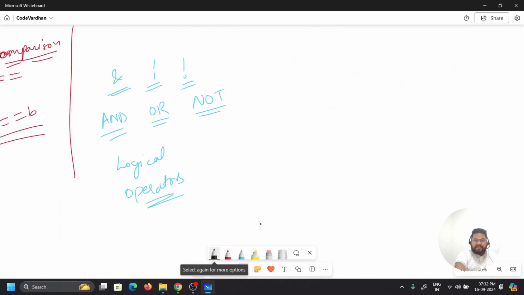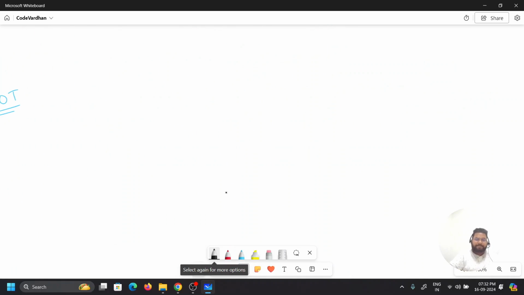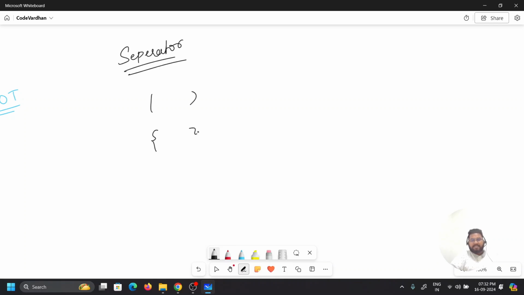Okay, next we have separators. Separators are used to define the scope and separate the code. We use brackets, curly braces, square brackets, sometimes a comma, sometimes a semicolon.